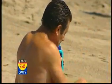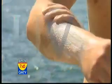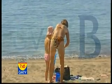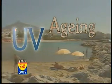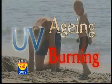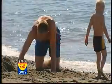15, the minimum recommended, means you can stay in the sun 15 times longer without burning than you could without it. The sun's UVA, or ultraviolet A rays, is the radiation that causes aging to your skin. And UVB, ultraviolet B rays, are the ones that burn. An easy way to remember that is A is for aging, B for burning. This doesn't mean that one is safer than another, it's a combination of exposure to both that can lead to